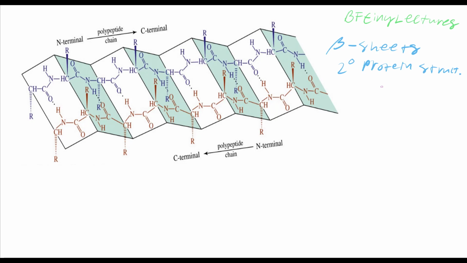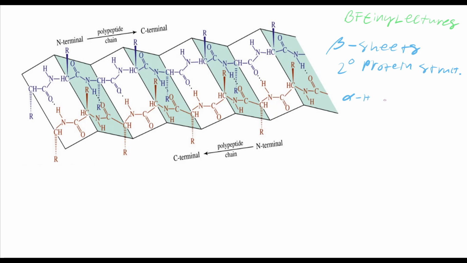Remember, alpha helixes look like phone cords, like little ribbons being turned in each other. However, beta sheets essentially look like a crumpled up piece of paper. If you remember cyclohexanes in 3D in organic chemistry, you would have those little ridges, so you would have something like this. It kind of looks like that structure right there. Very similar. But the difference between the alpha helix and the beta sheet is that the alpha helix